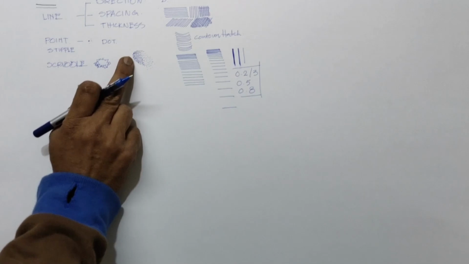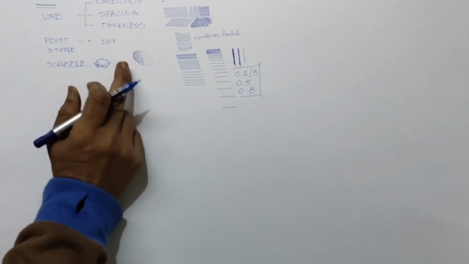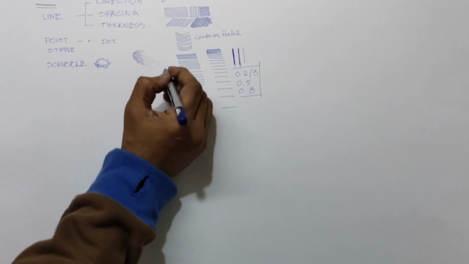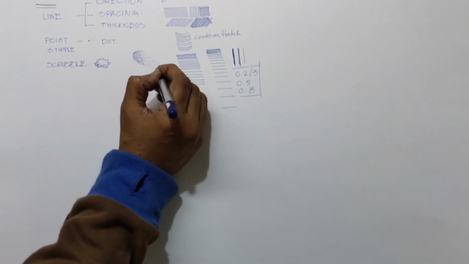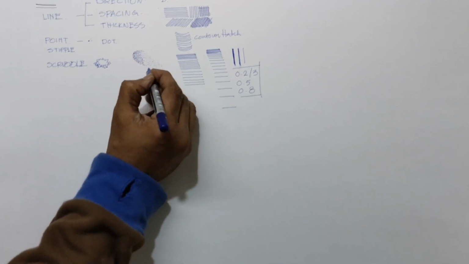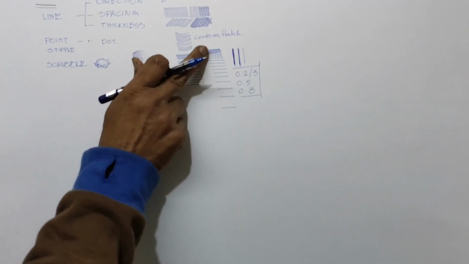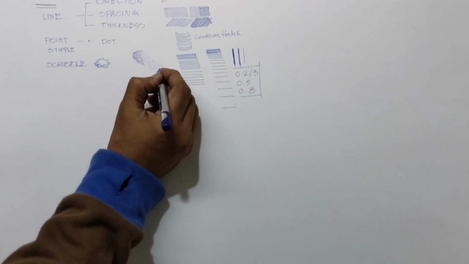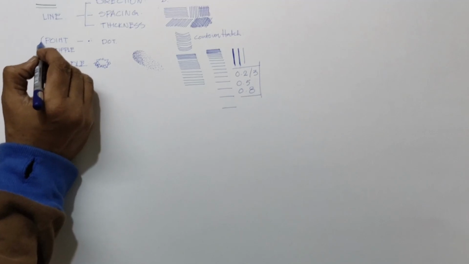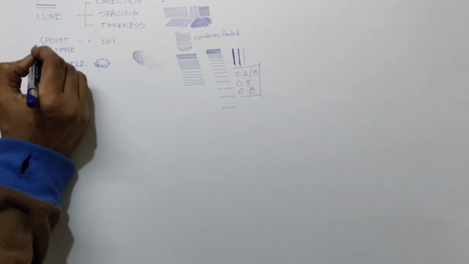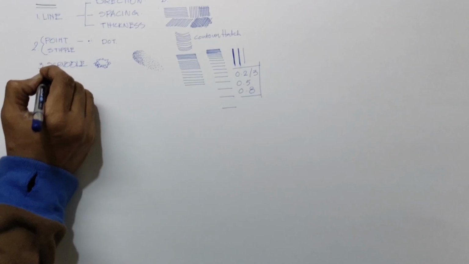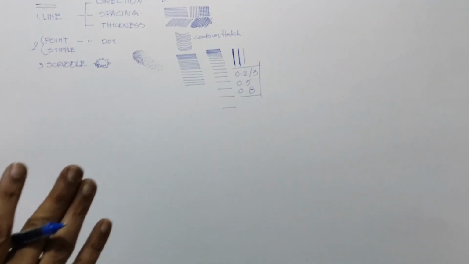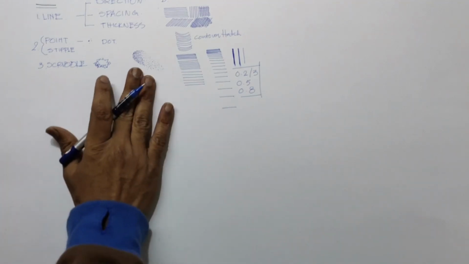So you can see this looks darker, denser, and as you come down here, I have increased the spacing. So what is happening? It looks whiter. So it is also a form of gradation or gradient. The same thing which we achieved in the lines, here we have achieved through stippling. Okay, so these 2 are same. This is 1, this is 2, and this one is scribble. This is a finer detail. It gives very fine detailing, a nice impression you will get.